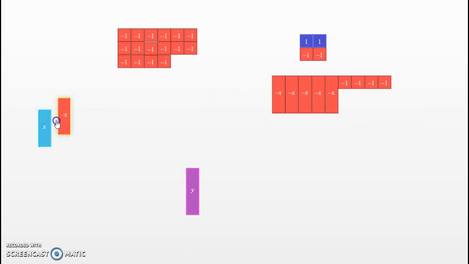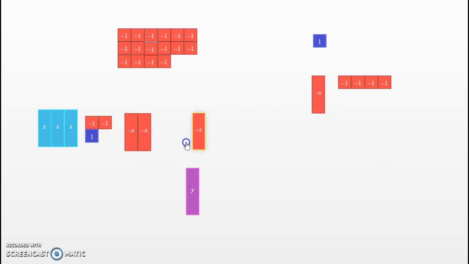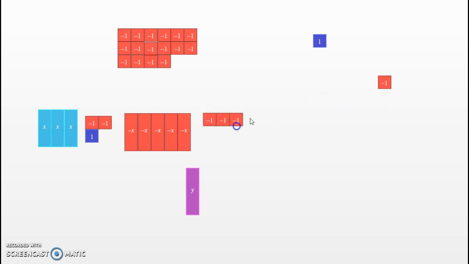Okay, so our next one is 3x. So we're just going to start over. 3x minus 2 plus 1 minus 5x. 4, we need another negative x. Minus 5x minus 7. 1, 2, 3, 4, 5, 6,